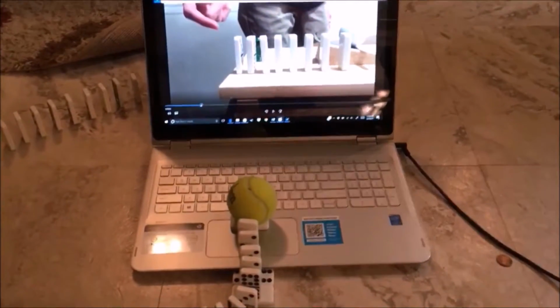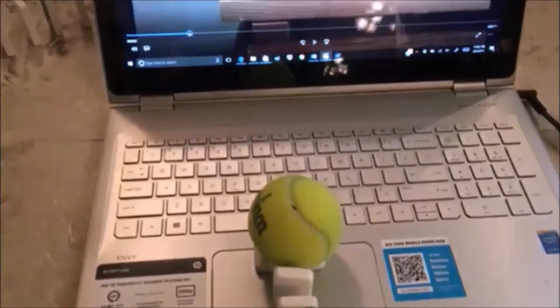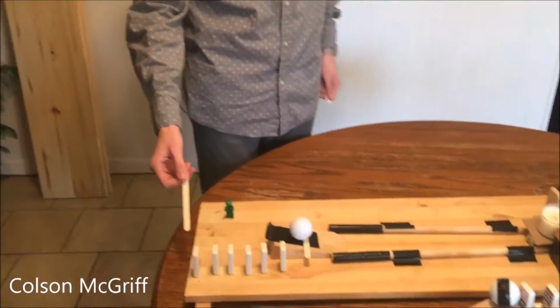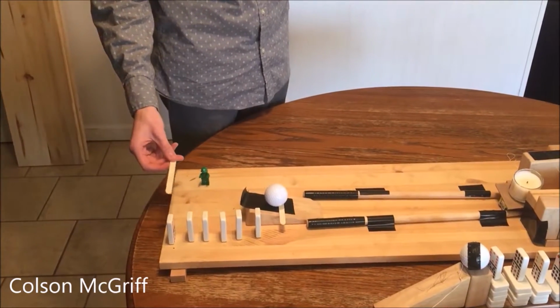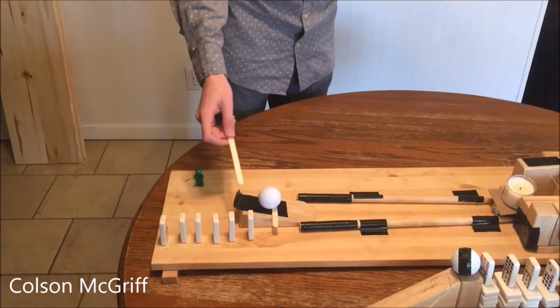The second row of them will split off and go towards the front of my computer, hitting the tennis ball. As the tennis ball has gravitational potential energy, it will convert into kinetic energy and then fall off the domino it is sitting on and onto the space bar of my computer, which will turn into electrical energy as it starts the video. And the dominoes will have potential energy, and as they fall over, we'll get kinetic energy to